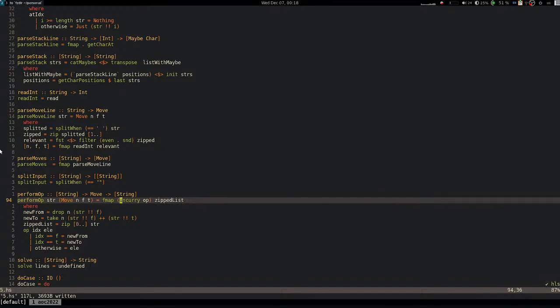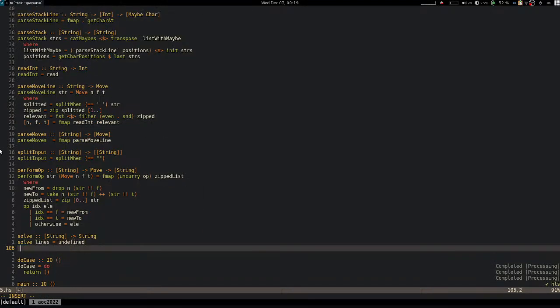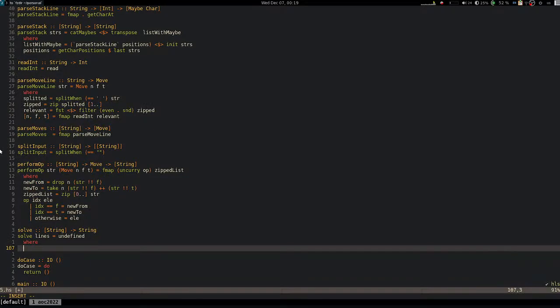Right. I can just remove that thing and we are done. So we perform the operation. Now, once we perform the operation, we are actually done, right? So solve. Yeah, it was undefined. So first thing is I need